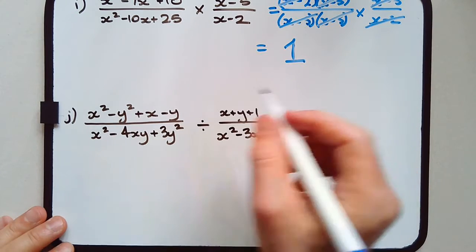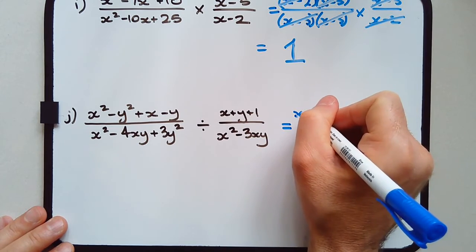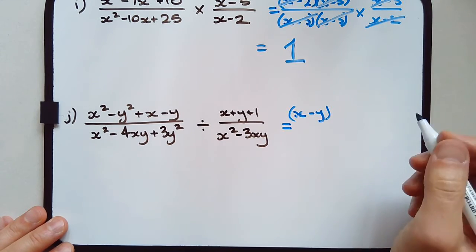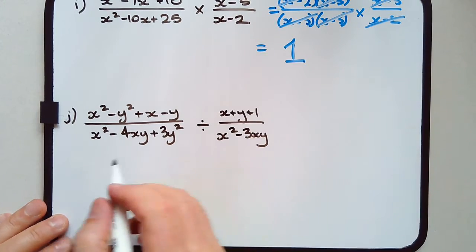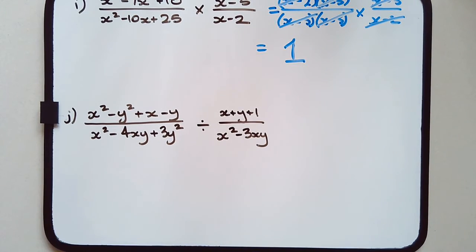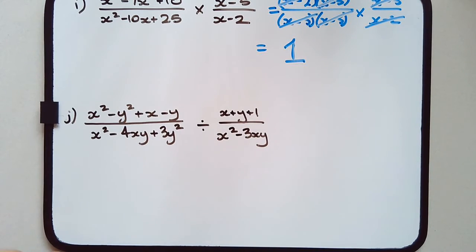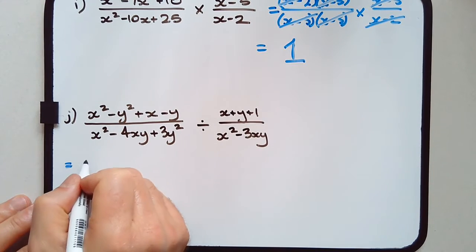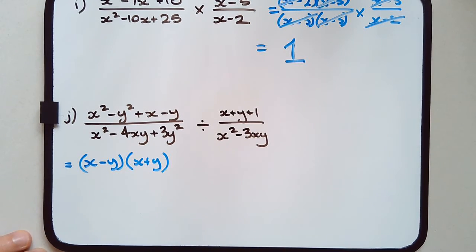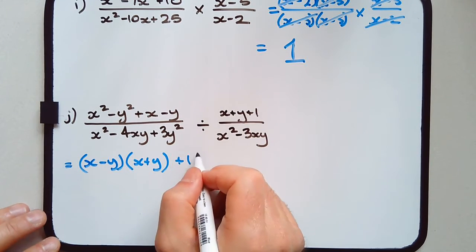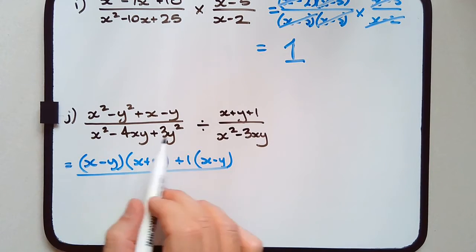All right. So let's factorize this one. That's going to be x minus y. Actually, I'm not sure if I'm going to fit this on here. So in fact, I might just do it underneath here. Just bear with me for a moment. I'll just leave it as it is. All right. So that's going to be x minus y, x plus y, plus 1 outside of x minus y over,